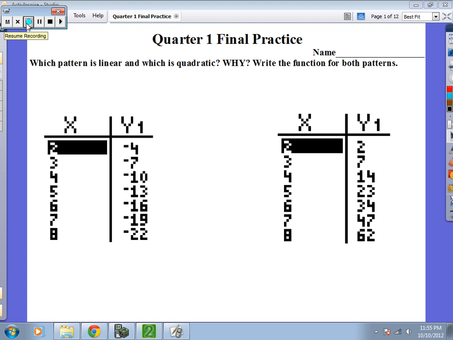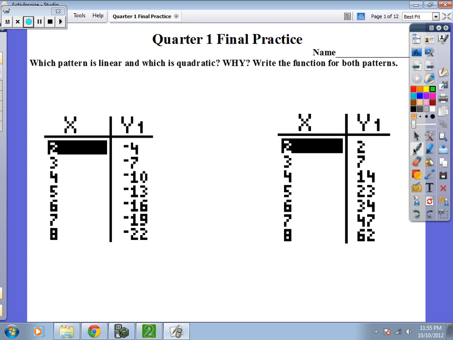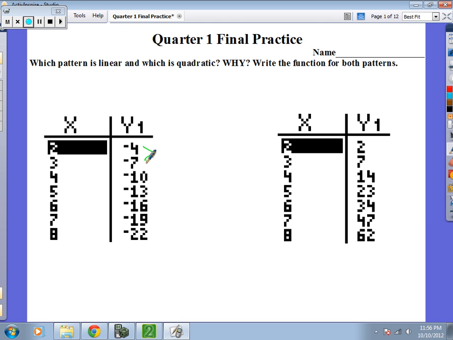Okay, quadratic versus linear. If you're looking at a table, your first move is to look at the change. See how fast it's changing. So -4 to a -7 to a -10 to a -13. Looks like it's getting smaller and smaller. So it's going down. That's negative, and it's going down 3